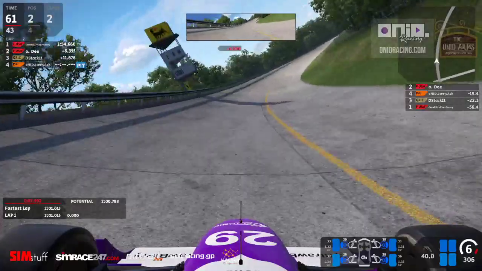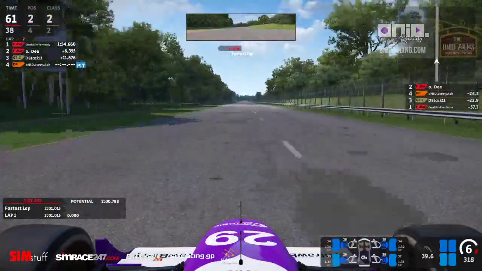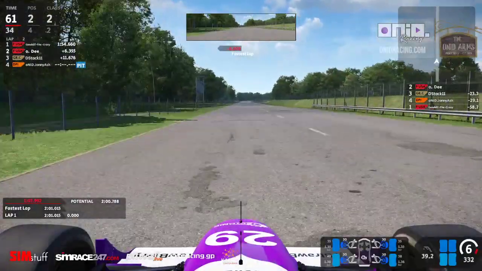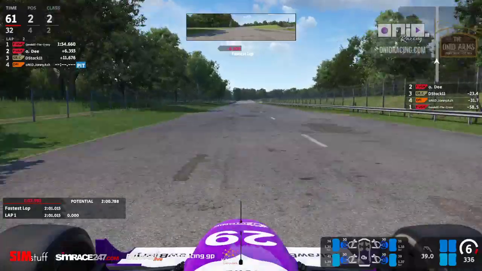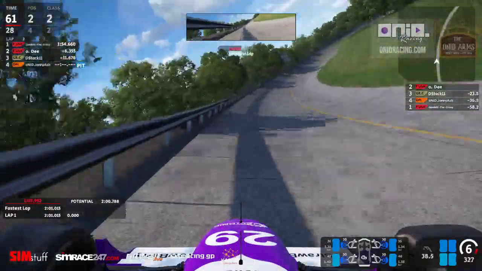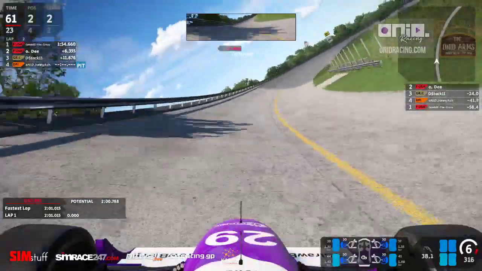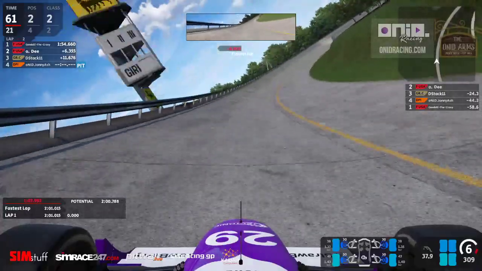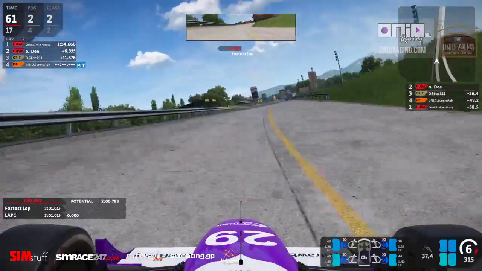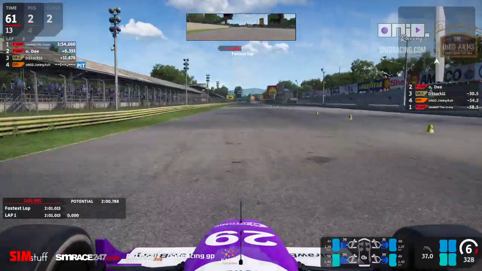So rookies has been mega successful. What about the World Series? Sunday nights, I mean, that race last weekend was just absolutely bonkers. So the World Series has been a pretty close second, right? In actual fact, out of the ACC leagues we're running at the minute, I think I'd actually put it third. I think the GT4s have been absolutely bonkers fun